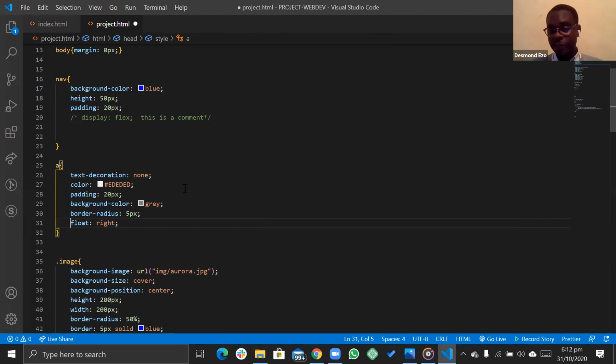Absolute would remove it completely from the page and throw it anywhere on the screen as you want using X and Y coordinates. So you want it to be on the left by how many pixels, right by how many pixels, and so on, just like that.